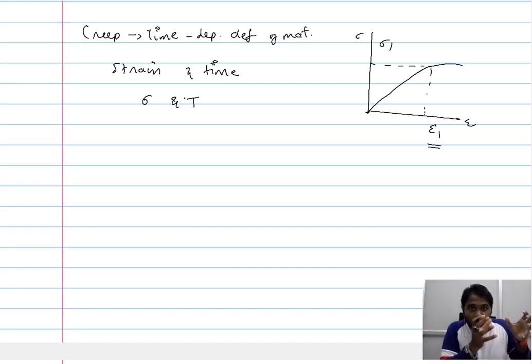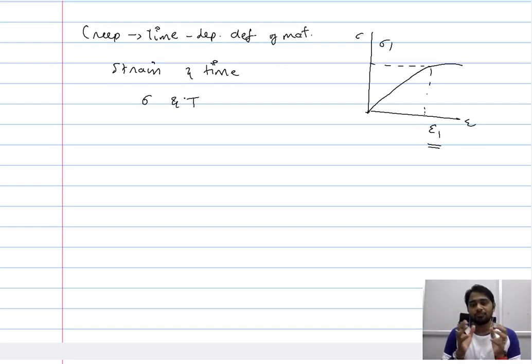So in accordance with the creep definition, we are allowing the material to stay in the stress condition for a prolonged period of time. So we are just varying the time. On the other hand, the stress that we impose, the mechanical condition that we impose, remains constant. And with respect to time, what we are studying is how much the material is deforming. So the variable here is the time, and with respect to time, we are studying the change in the strain or the deformation of the material. And the constants are the stress and the temperature.